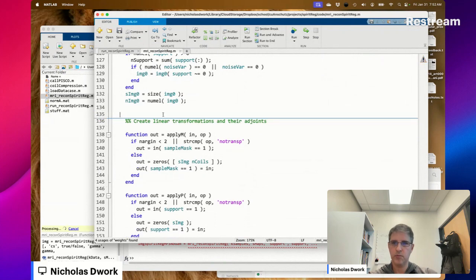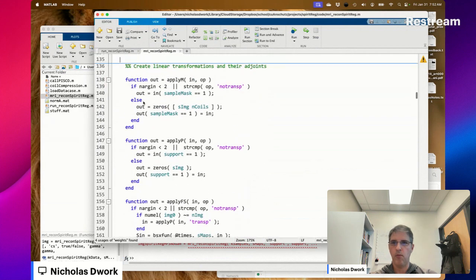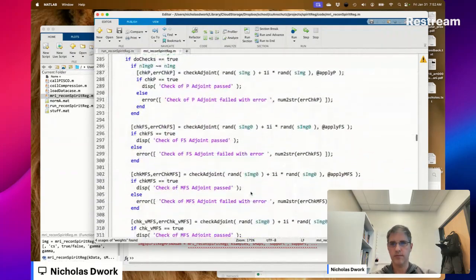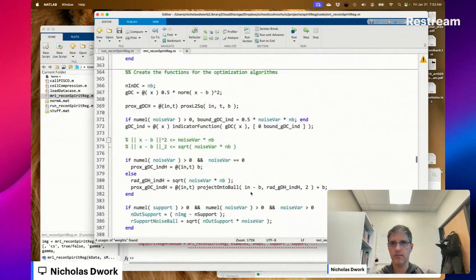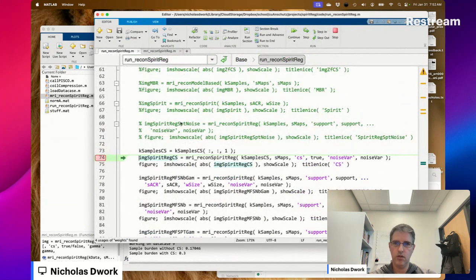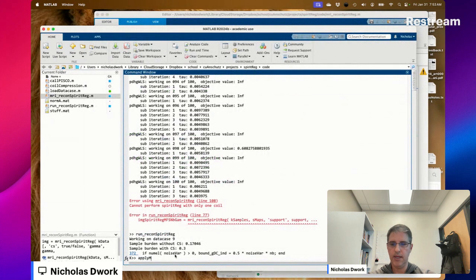I wish I could fold one of these things. Can I? No, that's just one function. Okay. Okay, apply MFS image 0.